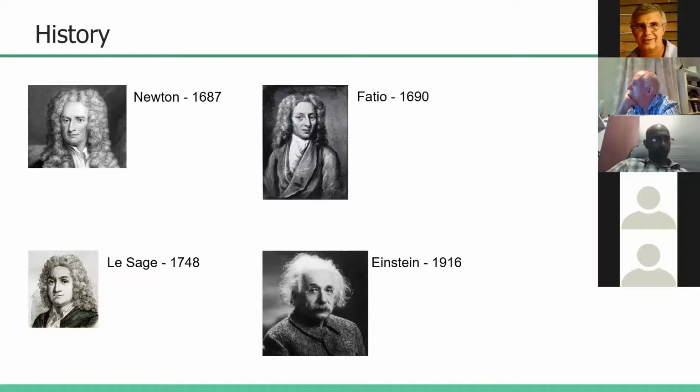First of all, I can tell you that neither Newton, Fatio, nor Lesage knew of photons at the time. They didn't even know of atoms. And of course, they didn't know about the spacing between atoms or the low mass of atoms. So the whole idea that they had, in my opinion, was quite remarkable, but they were doomed to failure because they didn't have the tools to make it work. Of course, we know Einstein's theory of general relativity is the pinnacle of gravitational theory as we know today. We do not question Einstein.